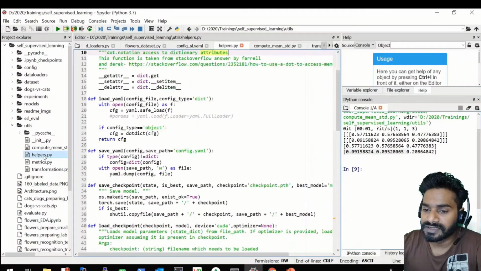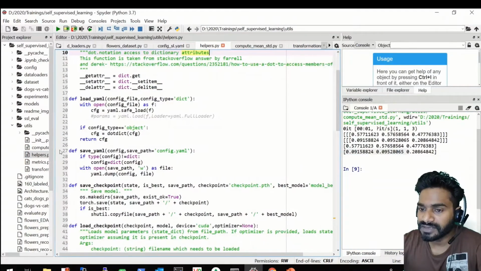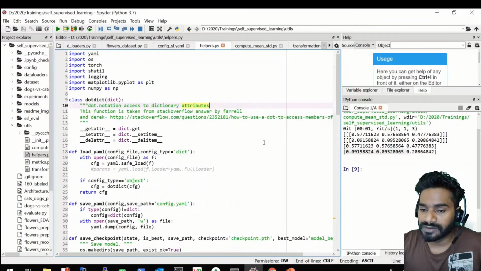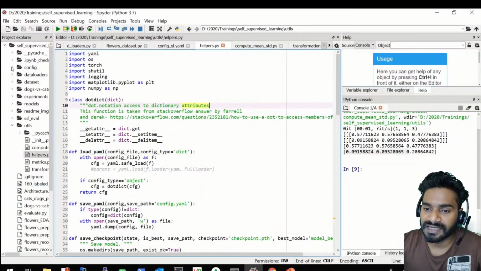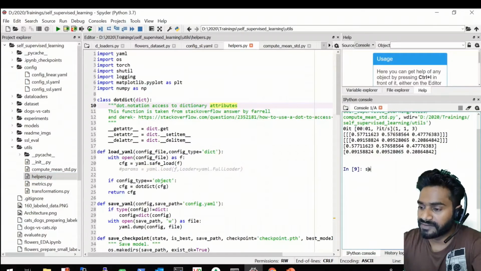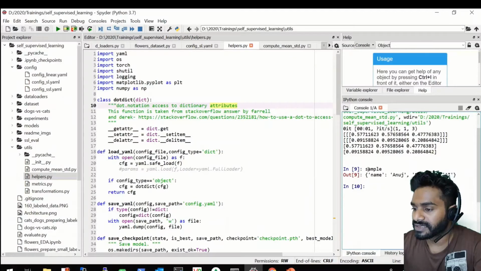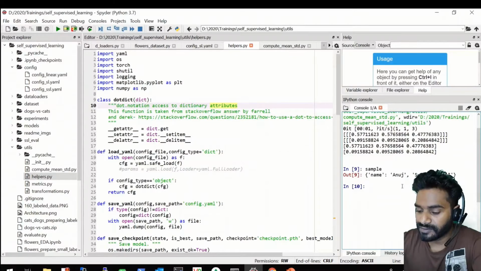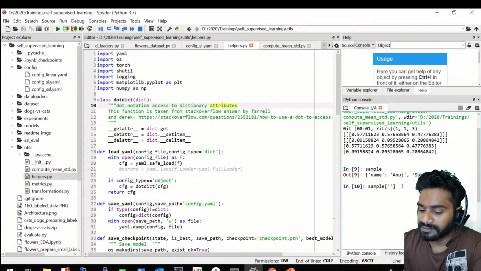Another helper function that we'll be using is this one. As I said, all my config files are in YML format. And usually when you have to access elements of a YML format, it's in the form of a dictionary. And if you have to access a dictionary, you have to write the keyword. So let's take an example. I have a dictionary here, sample, whose name is Anuj, subject AI. To access it, I have to use a keyword, say name,